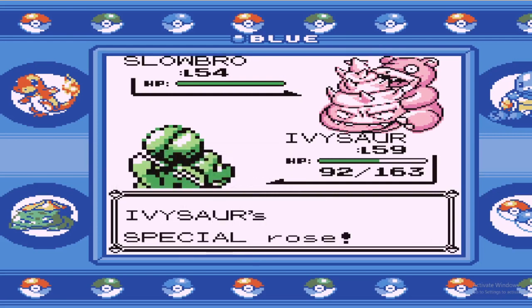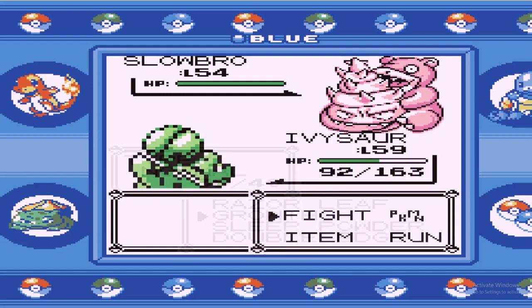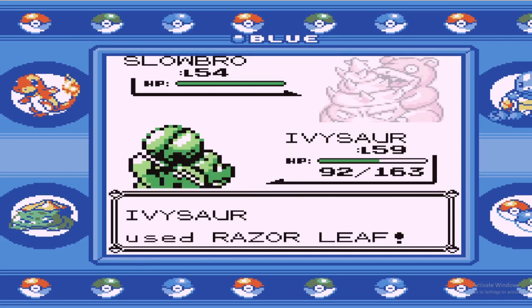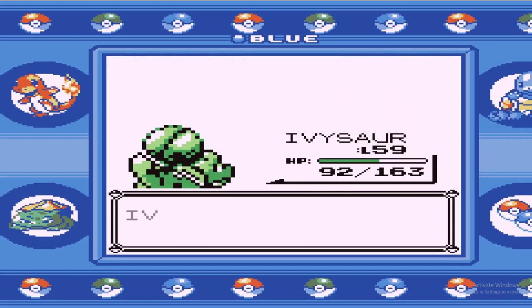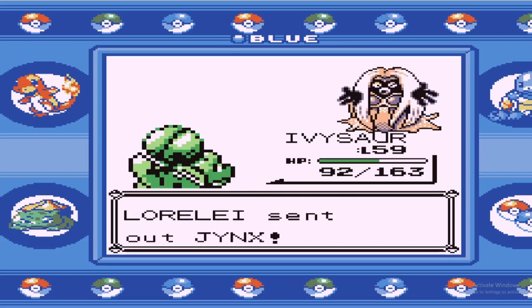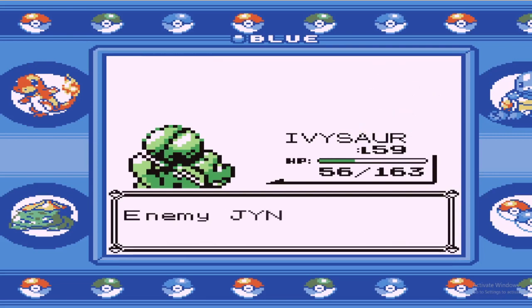Slowbro is next. We set up Growths on Slowbro because Slowbro will only use Amnesia, which will raise its special attack and special defense. We set up our 6 Growths and we KO it with Razor Leaf, I believe. Because it's a critical hit, it will ignore the stat gains, which is useful for a change. Double Edge on Jynx should knock it out. There we go. And then lastly,